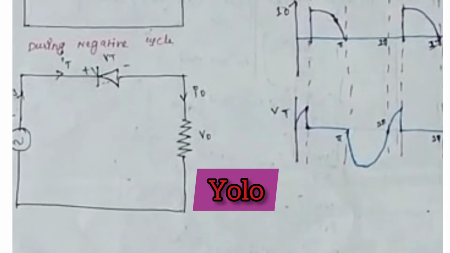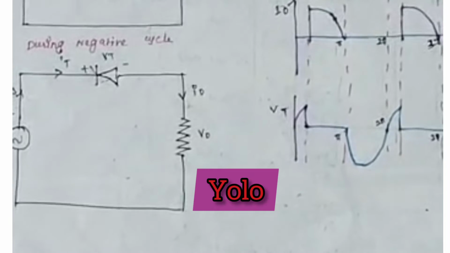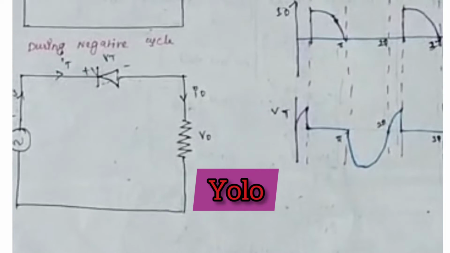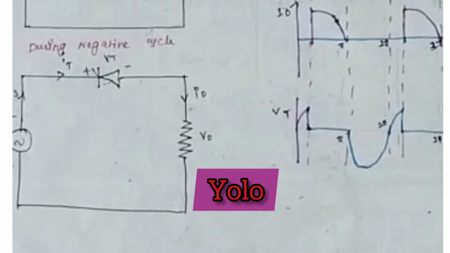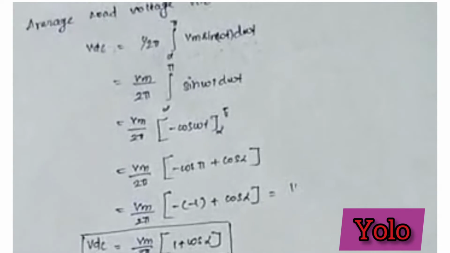During the negative half cycle of the supply voltage, the anode is connected to the negative supply and the cathode is connected to the positive supply. At this stage, the thyristor is said to be reverse biased. The thyristor blocks the flow of load current and no voltage is applied across the load. So by varying the firing angle alpha, the output voltage can be controlled during the period of conduction. Now we can derive the output voltage, output load current, RMS load voltage and RMS load current.